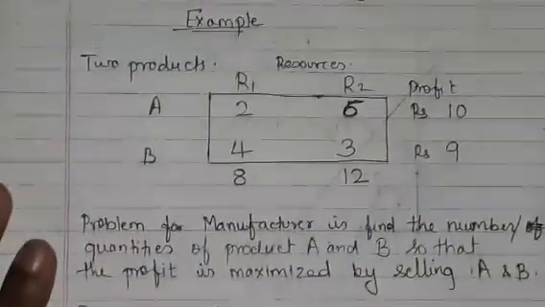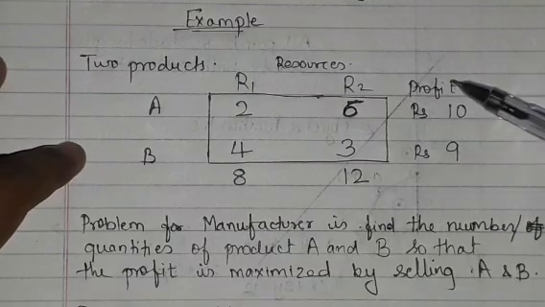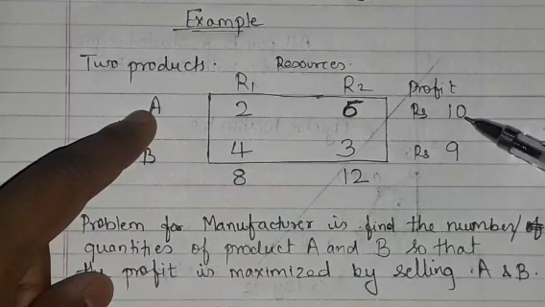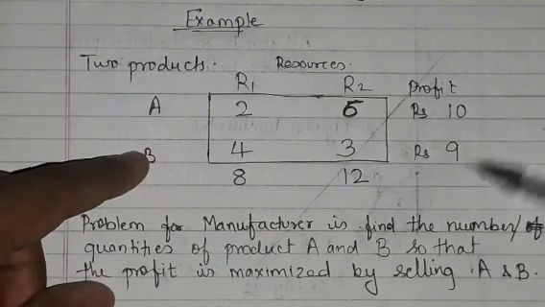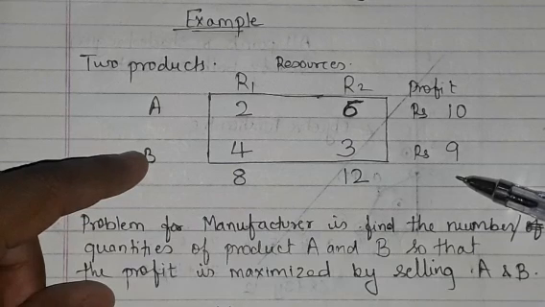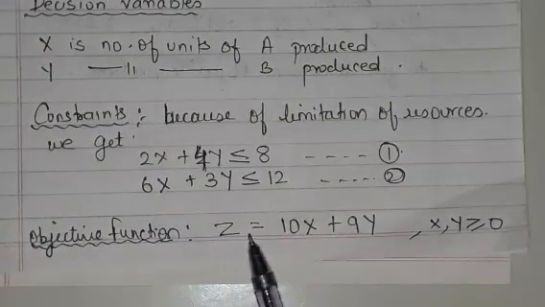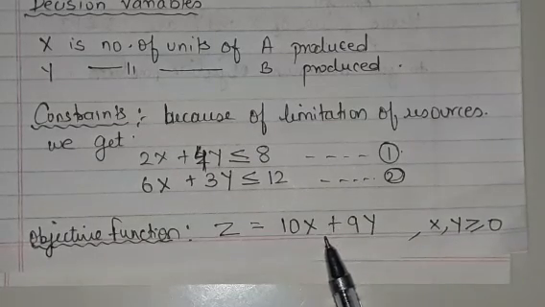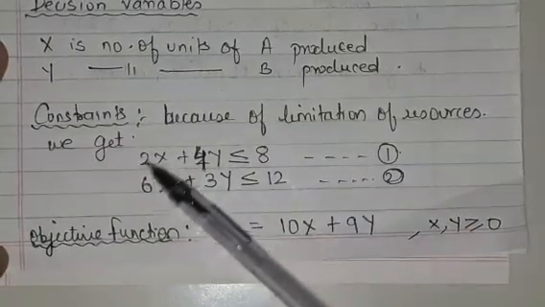And then again, the objective function part I told you earlier also. Now see, the profit per product of A would be 10 rupees, right? So if I make x number of A, that means 10x, plus y number of B means 9y, right? So 10x plus 9y, the profit with A plus the profit with B, should be maximum, meaning the value of this should be maximum. So this objective function 10x plus 9y should be maximum, not greater than any specific number, but as large as possible while satisfying these constraints.